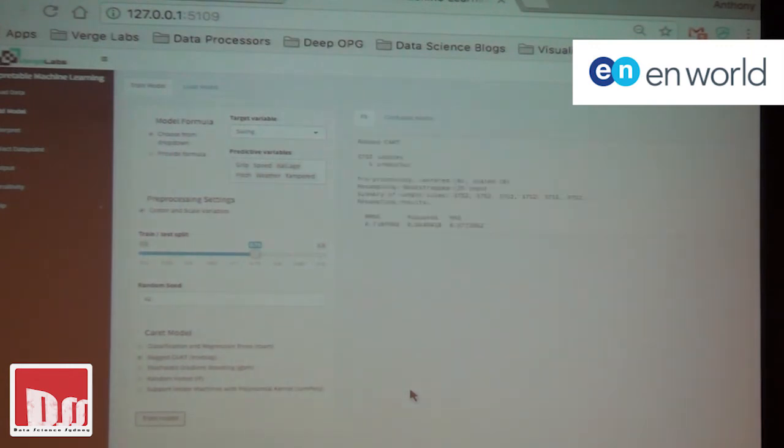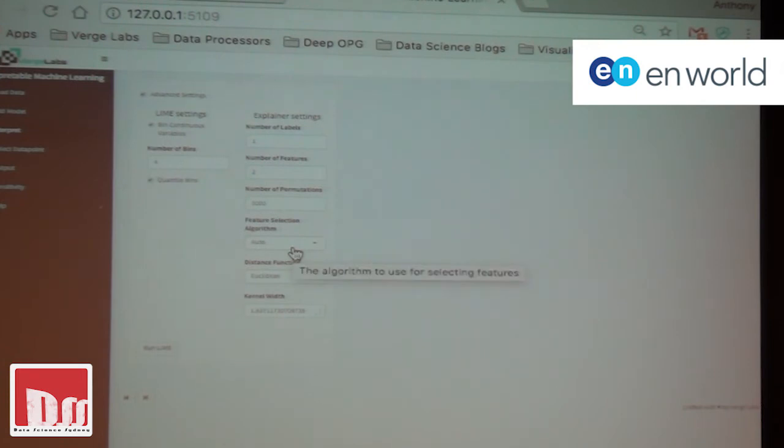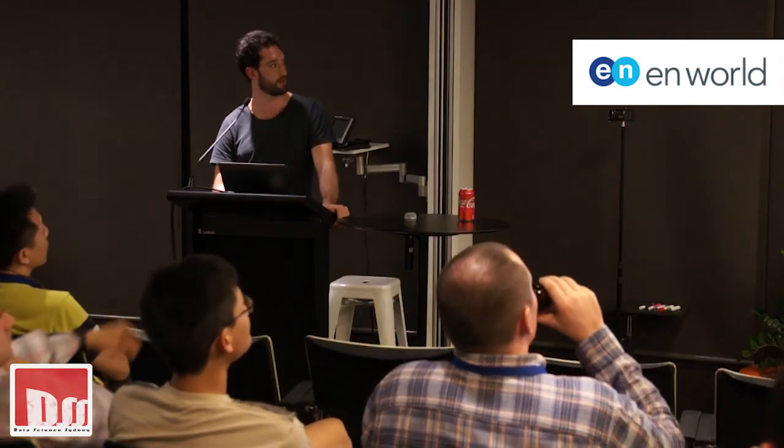Model training. All right, so we've got a model here. I can't quite see that, but I think the R-squared is quite high, about 64%. So this is the overall model. Now these are some of the parameters that Lime allows. So this is the Lime R package. The Python package has slightly different parameters, but the R package is pretty much the support of the Python package, so not too different. The number of labels, this is a regression model, so it doesn't matter.